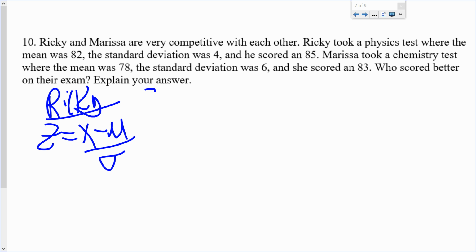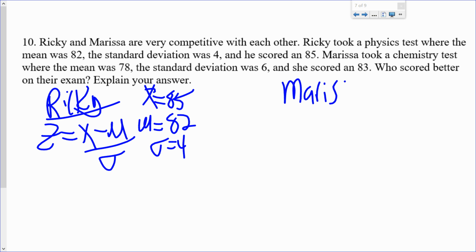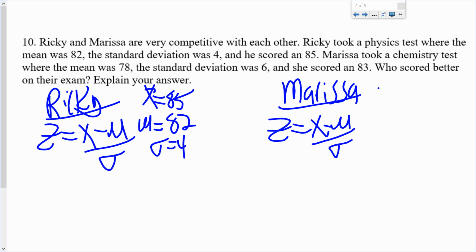Ricky had a score of 85. His class had a mean of 82 and a standard deviation of 4. And Marissa, we're going to calculate her z-score as well. She had a score of 83, mean